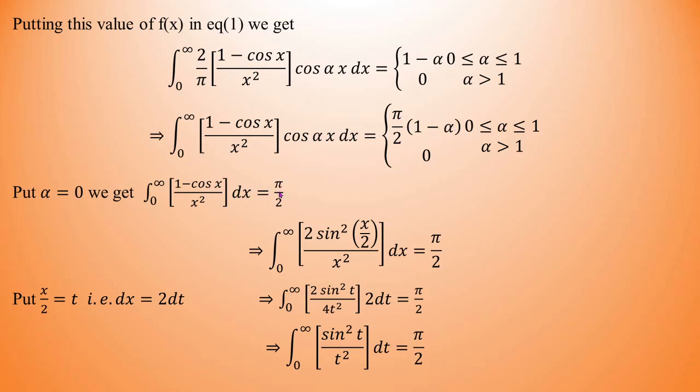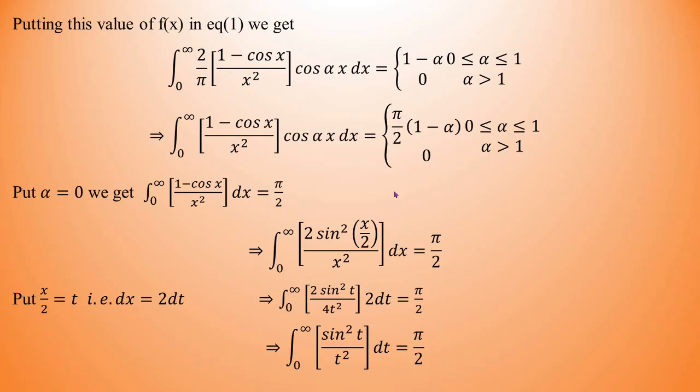So we get this. Now just use the trigonometric identity: 1 minus cos theta is 2 sin square theta by 2. Here theta is x. We'll substitute this. Now again rearrange. So let's put x by 2 is equal to t, so dx is equal to 2 dt. So we have this type of simplification. Just simplify and get the result. So what is the value of the integral to be evaluated? That is pi by 2. So in this way, by making use of the results which we obtained in the previous part, we have got the value of the integral.